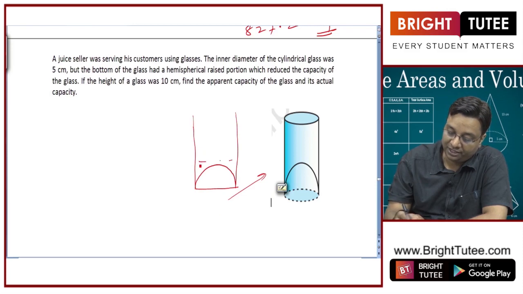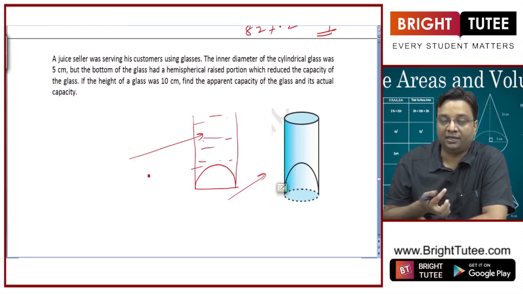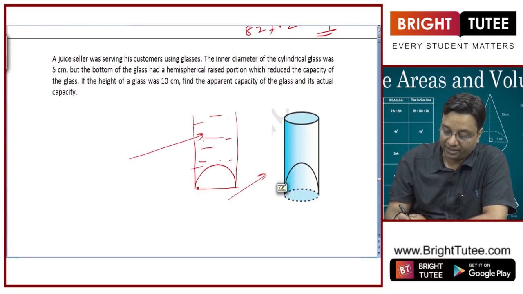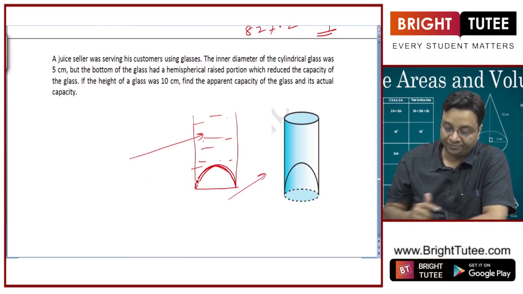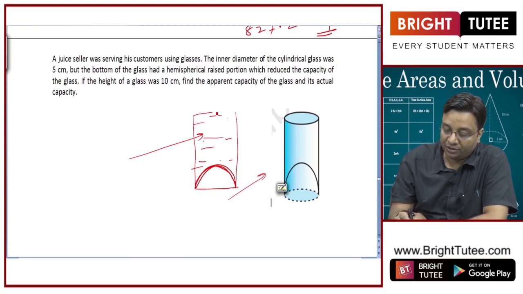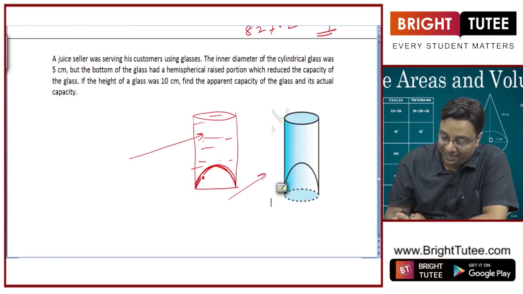So if you fill it with juice, apparently it will look like a glass full of juice, but this much volume is lesser inside it, right? So if you talk about the volume of the juice inside this glass, you'll have to subtract this volume. What is this shape? This is a hemispherical shape,